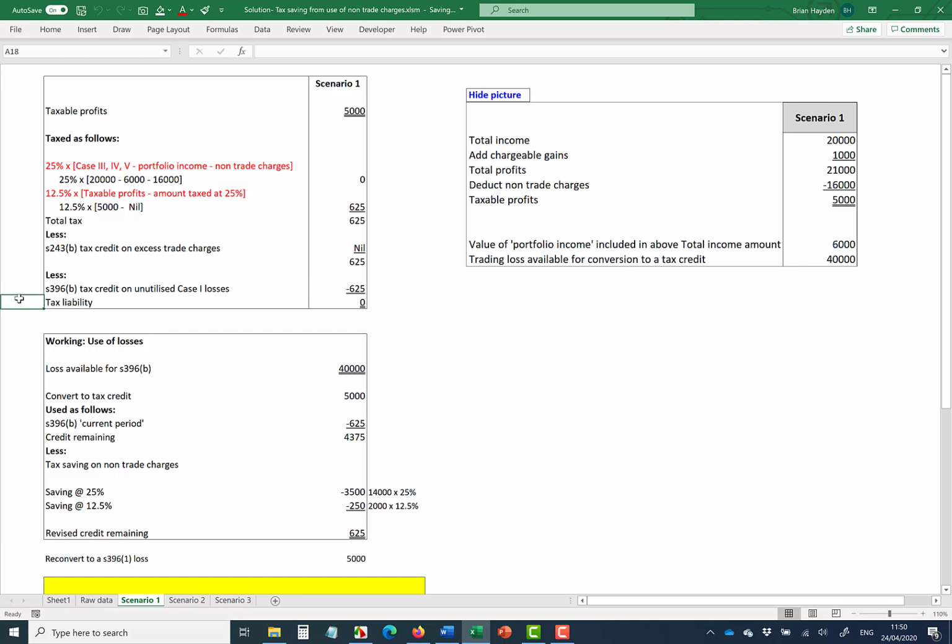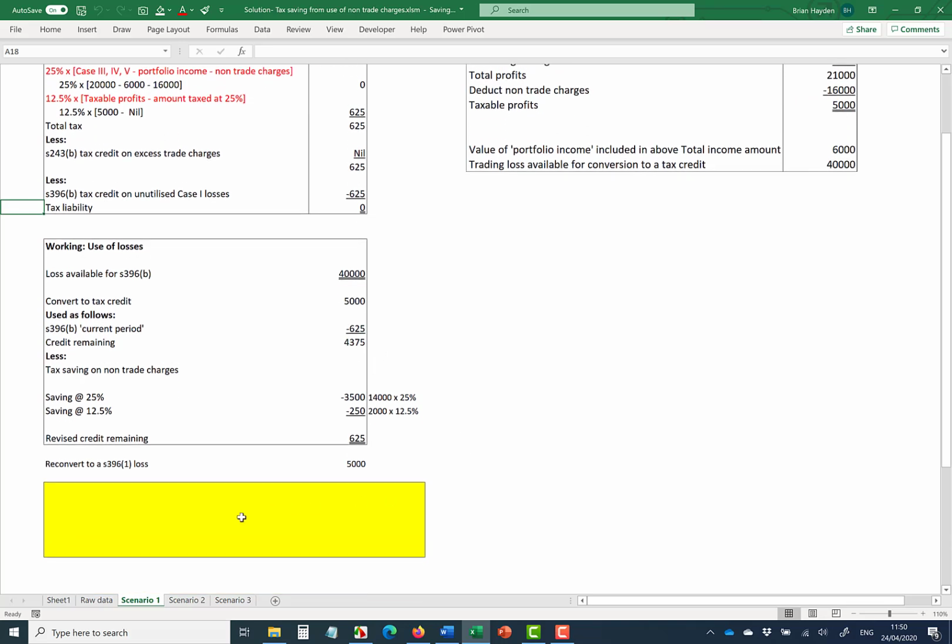Okay, so our future loss going forward is going to be 5,000. If we had converted this, you'd be looking at 35,000. Okay, so it's quite a significant impact. And again, just the general point there,